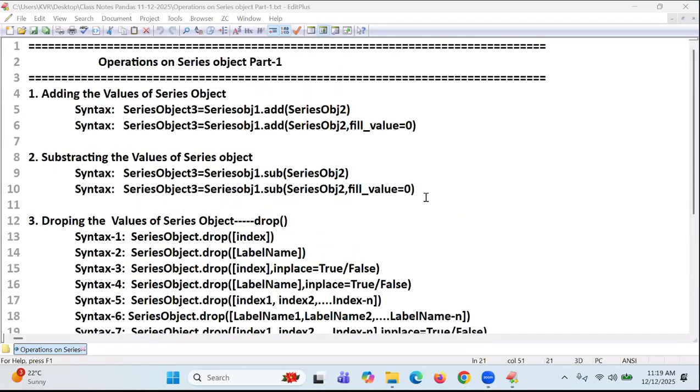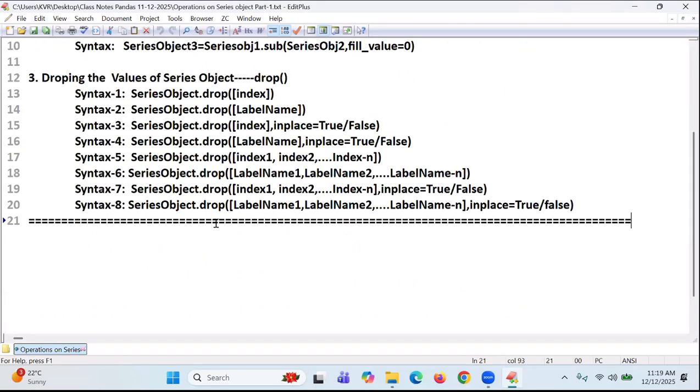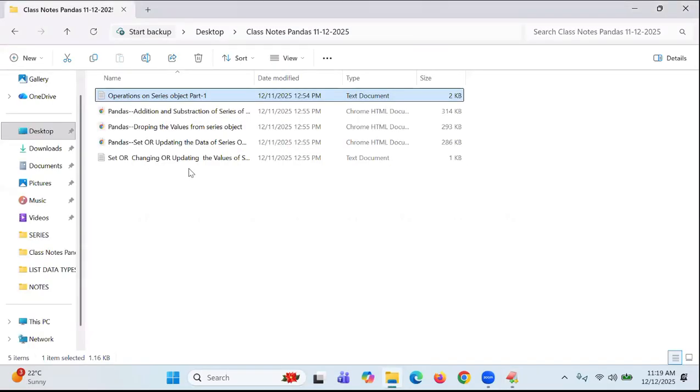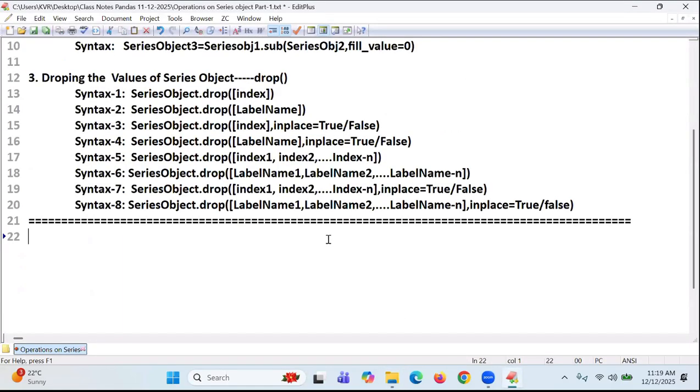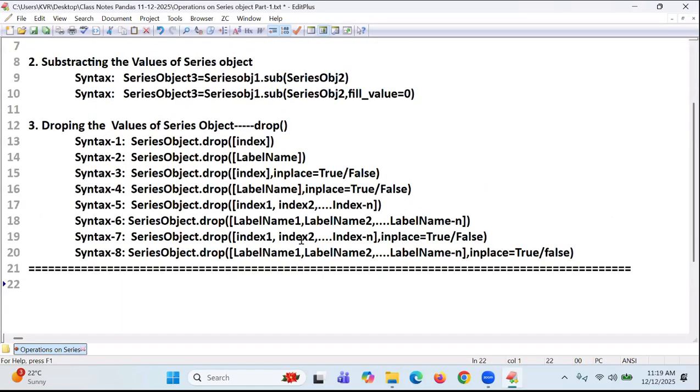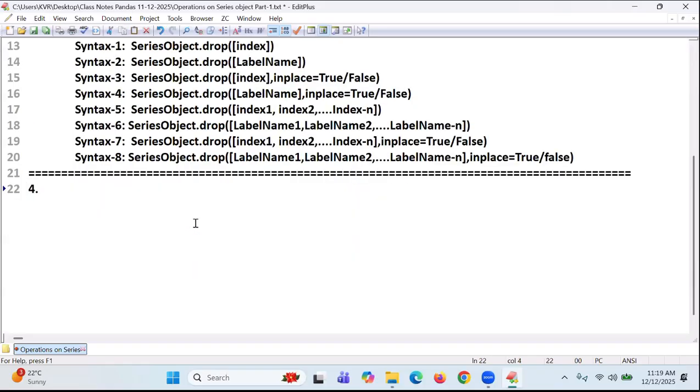So continuation of it. Last class already completed this part, and later I also started with drop, which is completed now. Dropping is completed, and adding is completed. Dropping and subtraction is over. Now it is time to go for one more very important topic, which was already done, students. I hope the fourth operation I'm going to do is